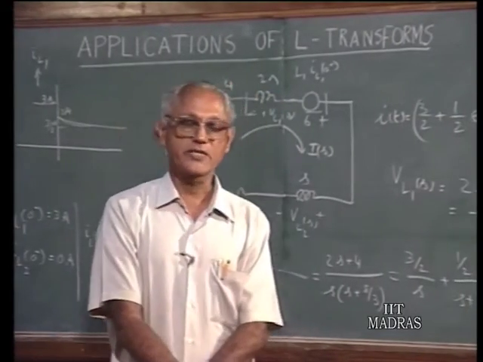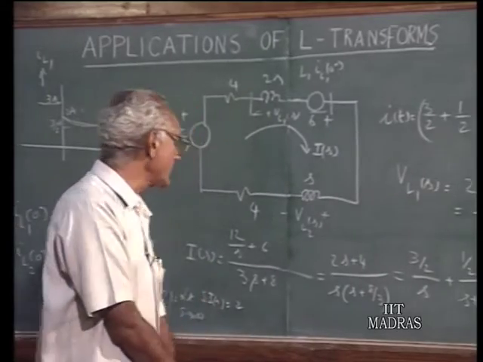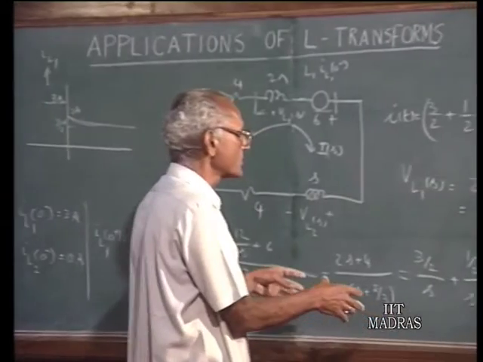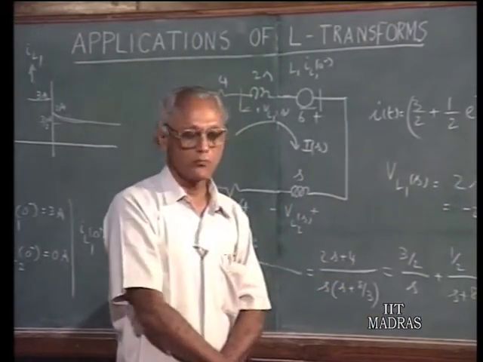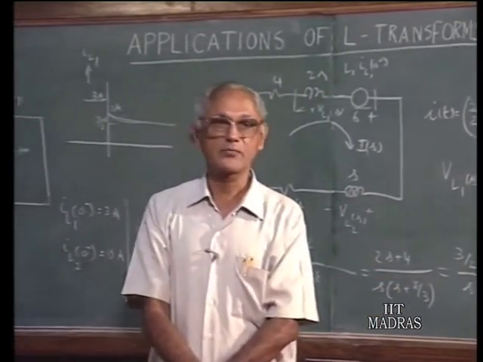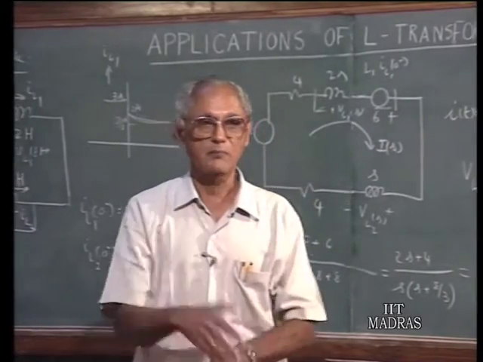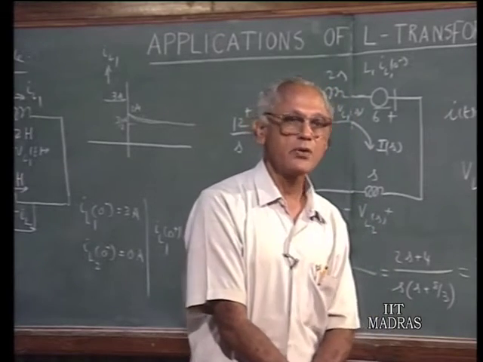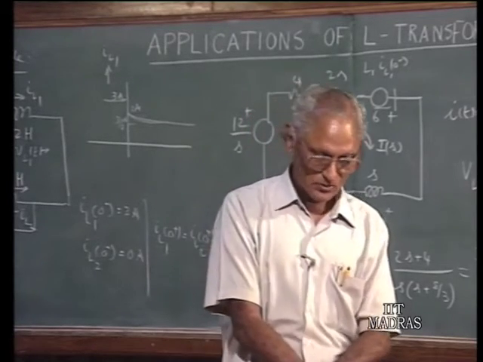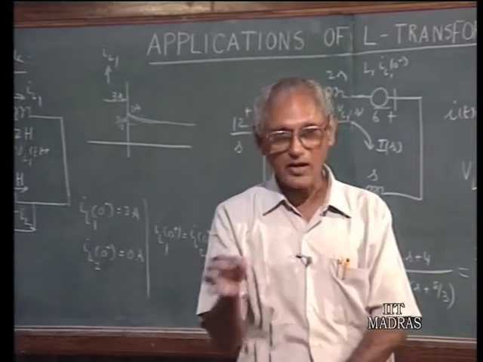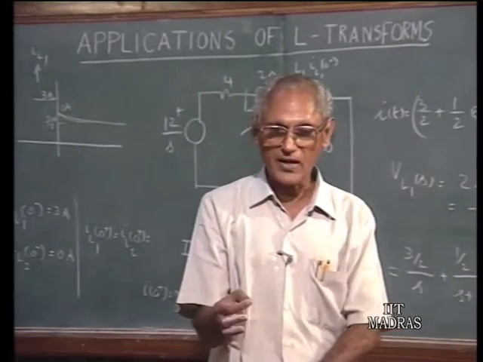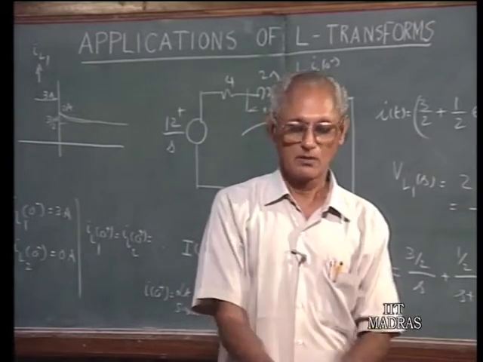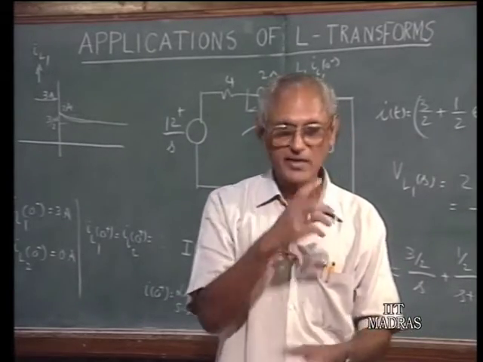A third feature is that you get the total solution, the transient part of the solution and the steady state part of the solution, both together in one unit, whereas in the classical differential equation you have the particular integral solution and the complementary function. So they are found separately and you combine them, but here you do not have to do that. You find out the total solution in one step, but once you have got the total solution, you can identify the steady state part and the transient part in the final solution using common reasoning,